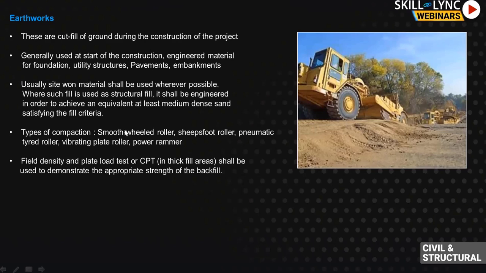Your compaction will be done at your optimum moisture content as well as your dry density. That is, your material will be compacted at optimum moisture content and dry density. Once you finish your first 20 centimeter, you cannot go to your second 20 centimeter. First, you have to do your compaction test. How you do it is you have to do your field density test. You have to choose according to your specified intervals, like you can go for 2000 meters square, one field test, or 3000 meters square, one field test, and you can check your compaction test results. If the compaction test results are satisfying, then you can go to the subsequent stages. Or if not, you have to go for the roller passes unless and until it reaches your satisfying criteria.